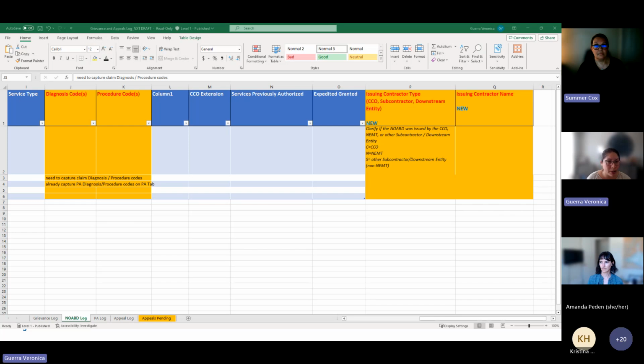One of the issues that came up in that report is a confirmation or verification validation of the services that are actually being provided. Having all of the diagnosis and procedure codes available to us would allow us to slice the data in different ways to be able to show that we have,